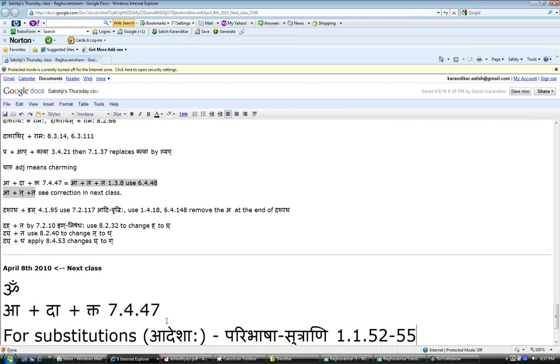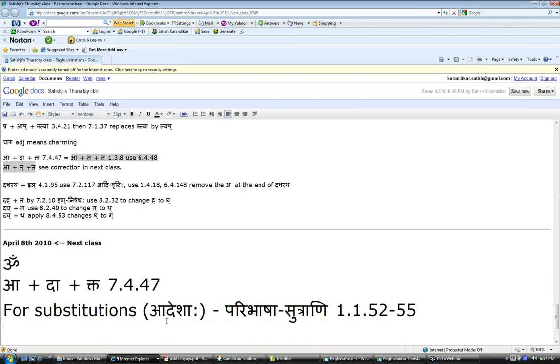The first one said "alontyasya", only replace the last letter. The second one said "nica", with the ka ka ga ga nga, that nga is a marker, then replace the last letter only, no matter what, even if it's anekal. 54 said "adeḥ parasya". So if you have panchami, if you're telling to do it to the following member, then only the first letter of it gets replaced. The 55 says "anekāl śit sarvasya". If the adesha is anekal, replace the whole thing. So always check these four rules when doing any substitution.